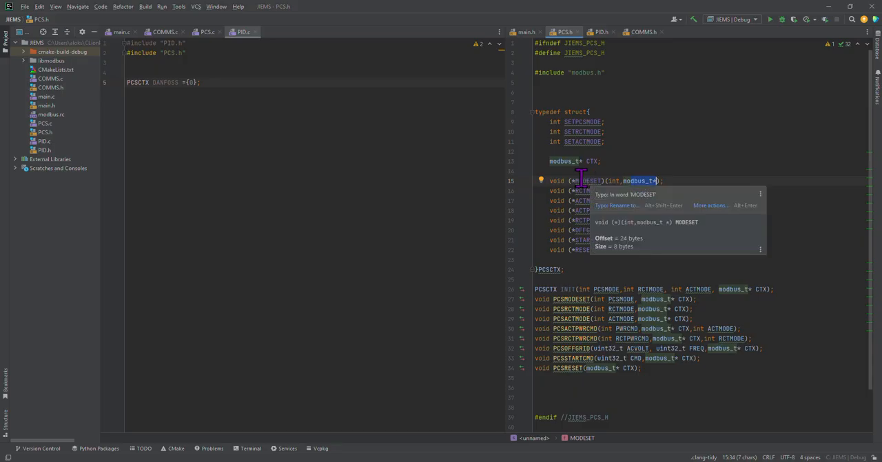Here it is two: one is int and one is modbus_t star. If you are into Modbus communication, you can read through this; it is just a Modbus context that you should pass as an argument. There are different names I have given. One is mode set, which is